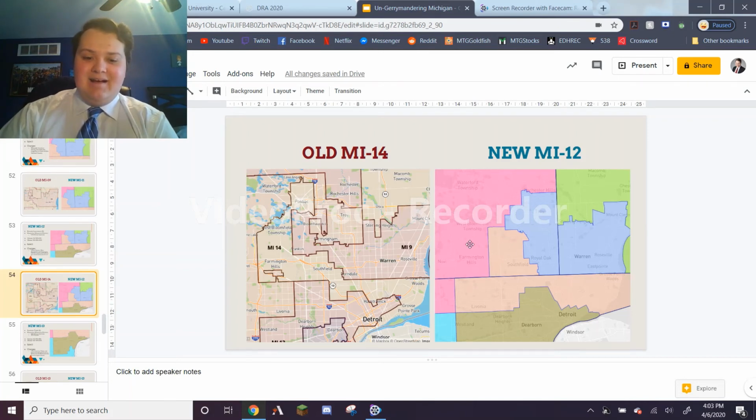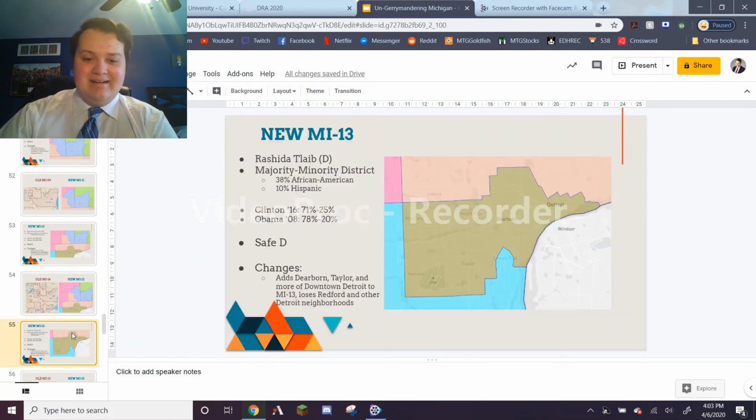Just keep it in the southern parts of Oakland County, here in Southfield, which is another strong African American community where Brenda Lawrence used to be the mayor. Still keeps the Grosse Pointe communities, but please don't do this thing where you chop out the downtown parts of Detroit. It's kind of just hideous. This is probably, I would say, the most gerrymandered district in the entire current configuration, especially this part here where they take Farmington and put it in the 11th, but leave Farmington Hills, which is the more Democratic part, and put it in the 14th. It's really hideous. Those are kept in the same district in this map.